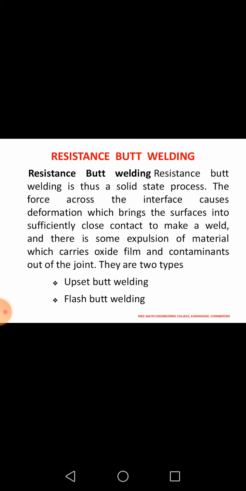What is meant by resistance butt welding? Heat is produced in the weld region by resistance to the passage of the welding current through the parts, which are held under a preset end force. As the material heats, the force upsets the shaft material to consolidate and complete the joint. There are two types of resistance butt welding: offset butt welding and flash butt welding.